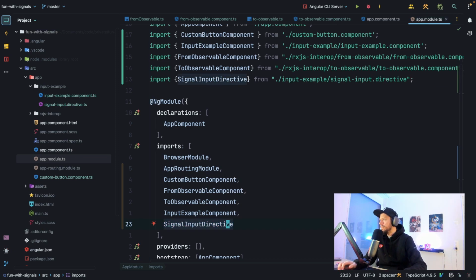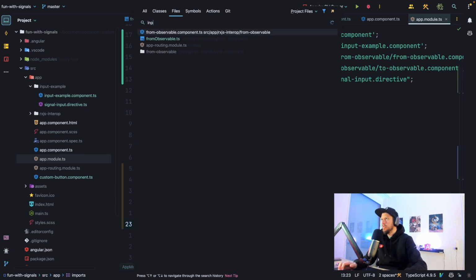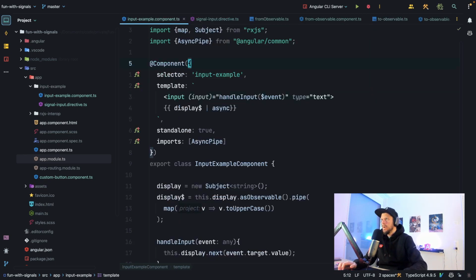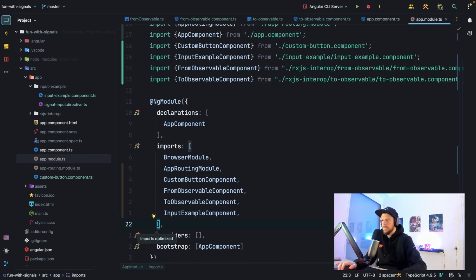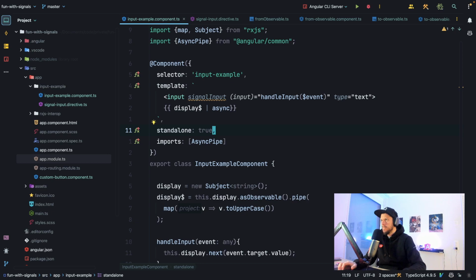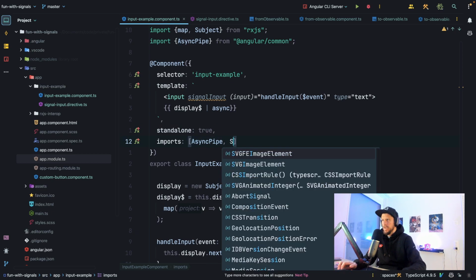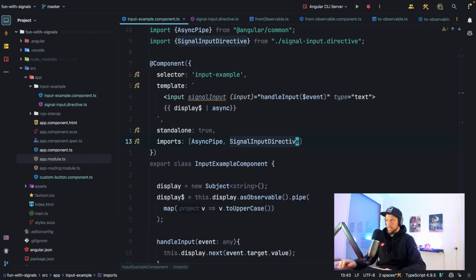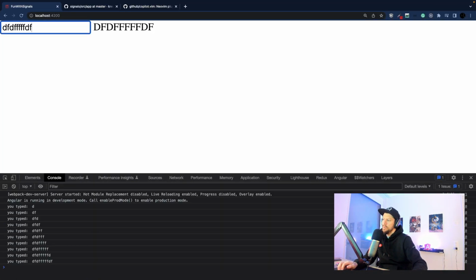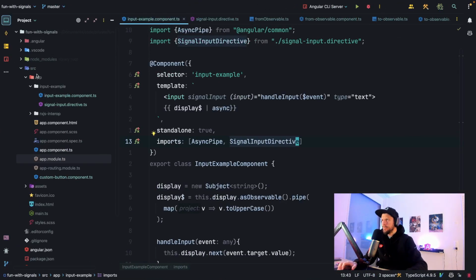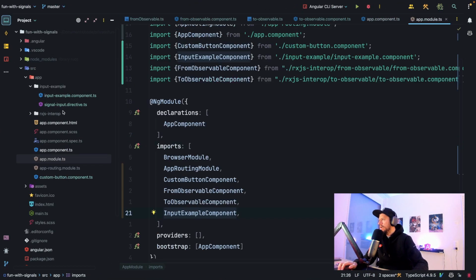So we have that, and then inside our input example, what we do is we apply it. Actually, I don't have to import it here, right? But here. So we applied it here, and we can see once we type, it gets locked. So we can now use this